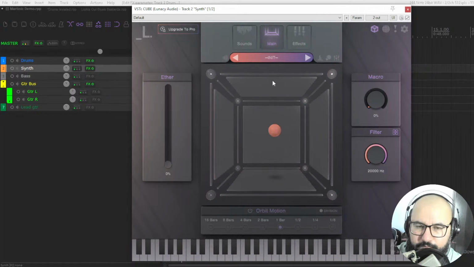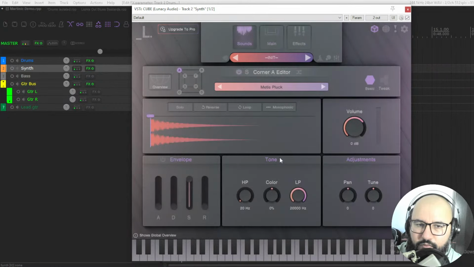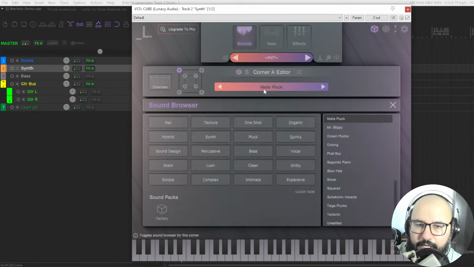The main window. You have this square in 3D, where in each of these corners you have one sound, right? For instance, here in the A, you click here and you can manipulate the sound, the envelope, tone, adjustments, volume, all right? And you can also grab another sound here from the cool library that's included in this free version